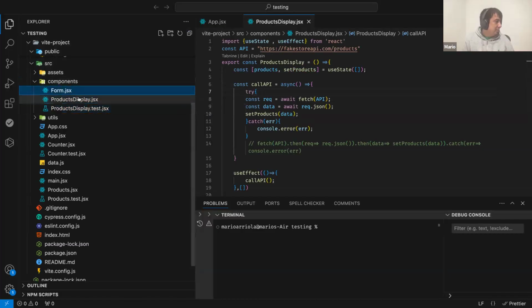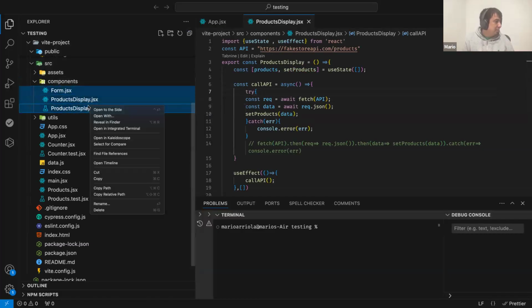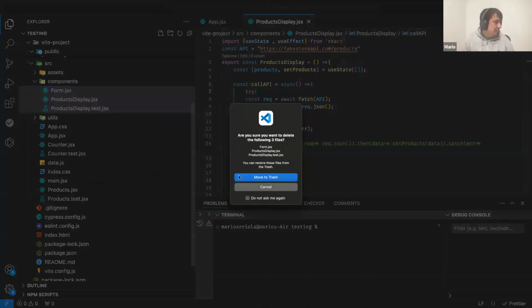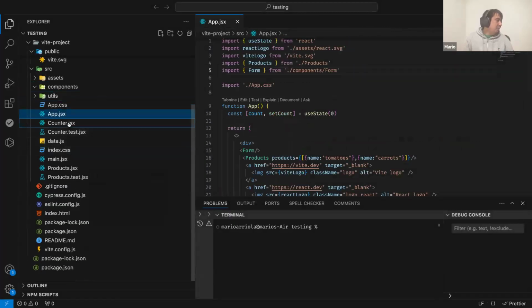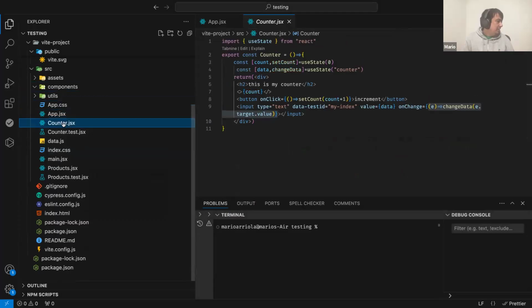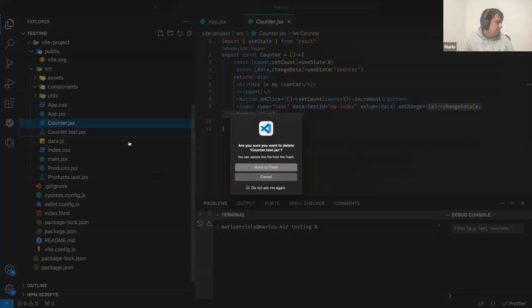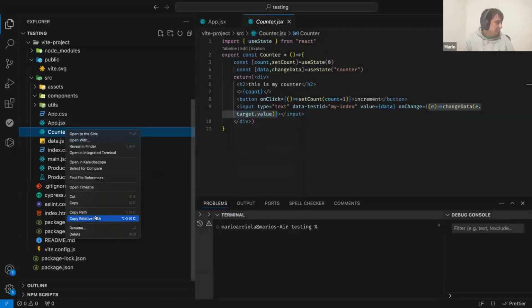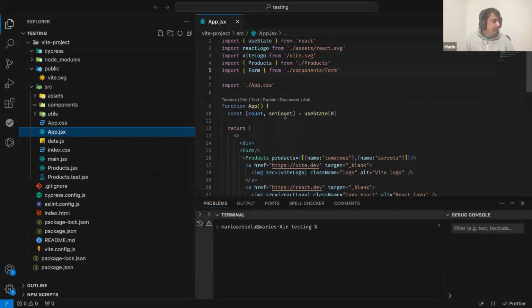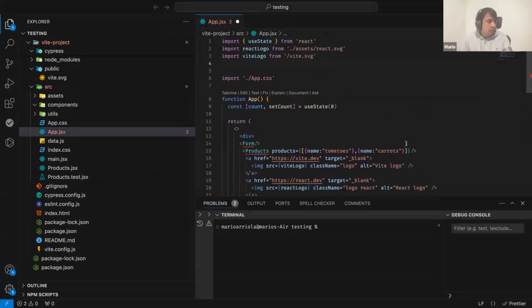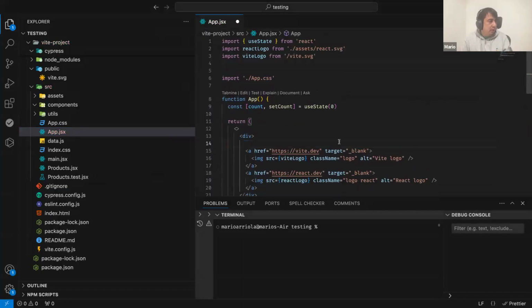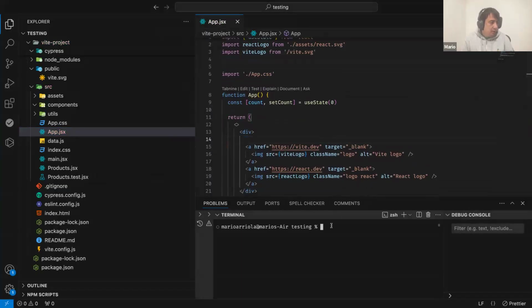Why does this not allow me to? Okay, delete. I will remove this counter. I think it's too cool to have a counter. Okay. I don't need these two. And this too. Let me see if the